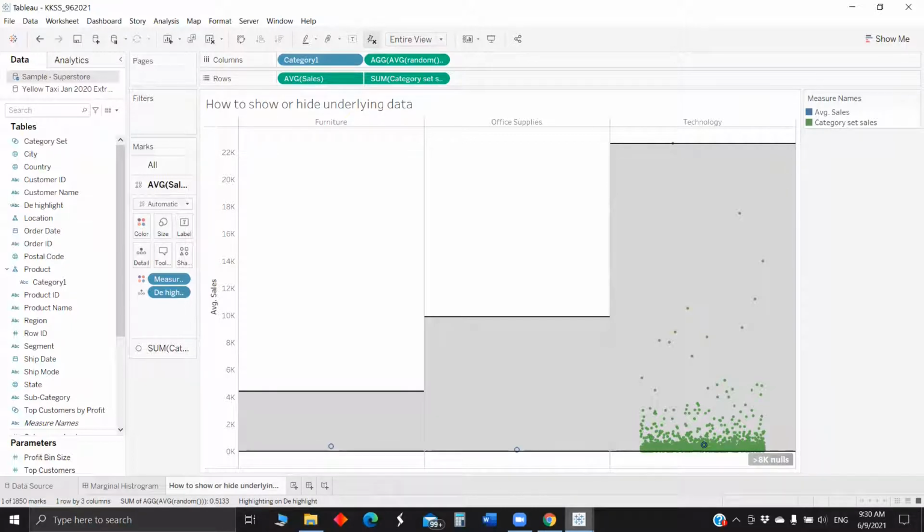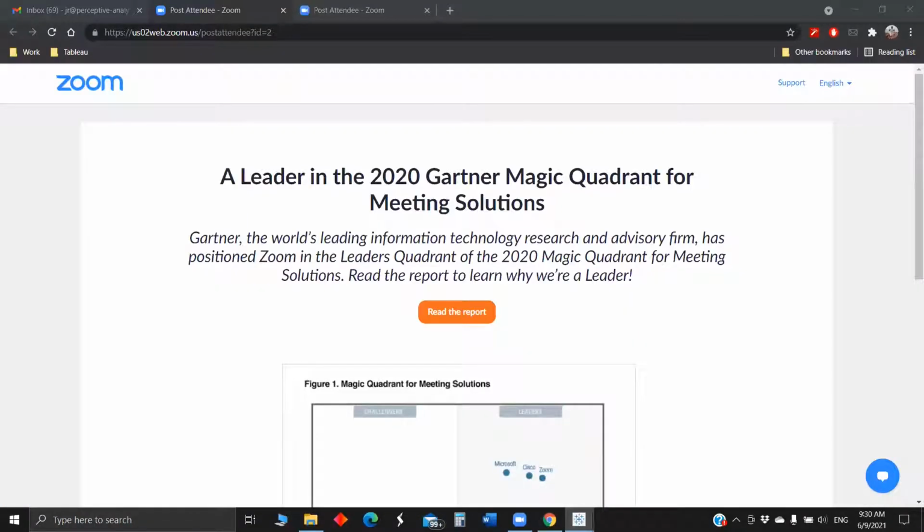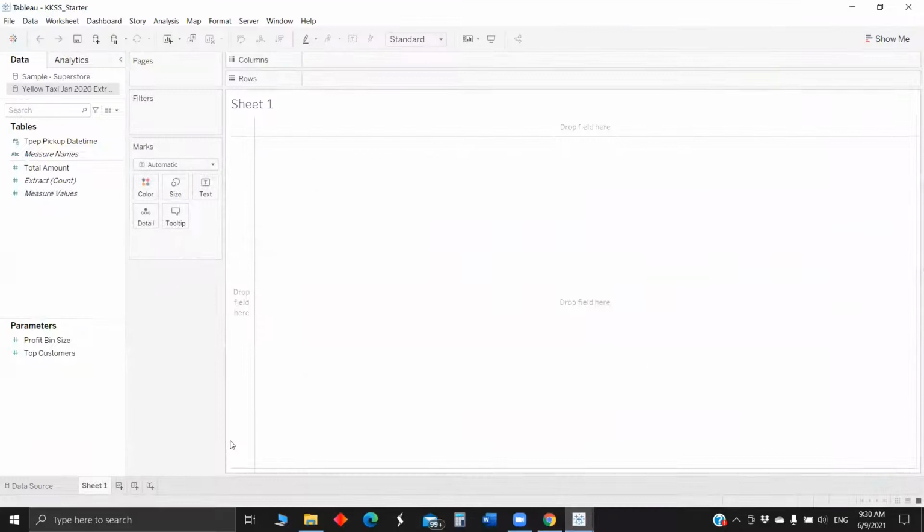Okay, then we'll move on. So let me open the start notebook. First we will start with the marginal histogram, which has a heat map and histograms. To make that, first we will start with the heat map, which is in the bottom left.